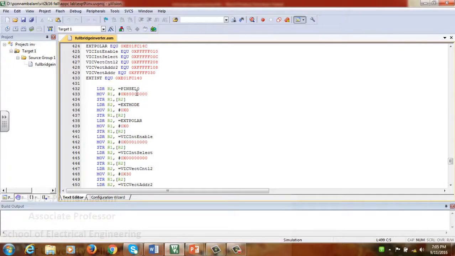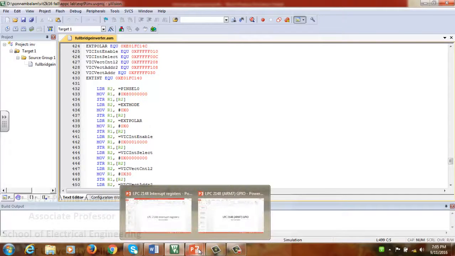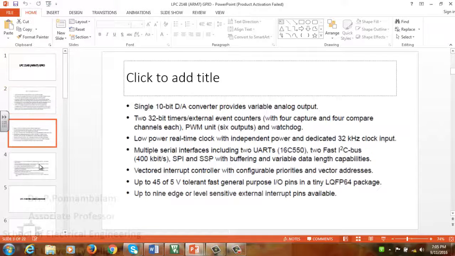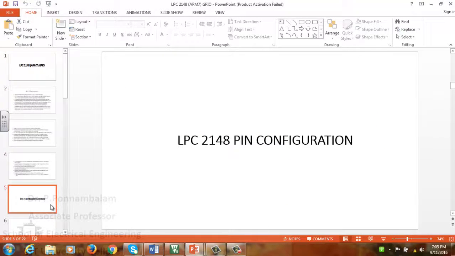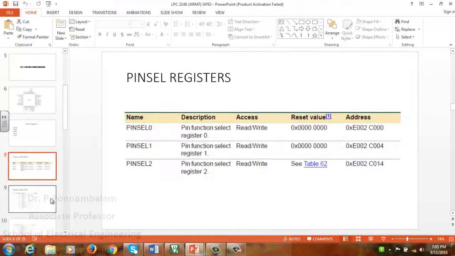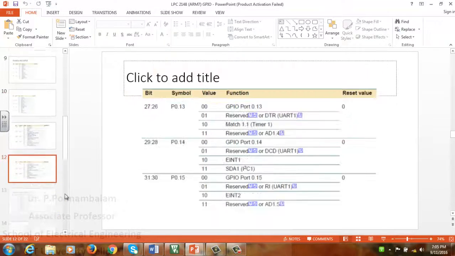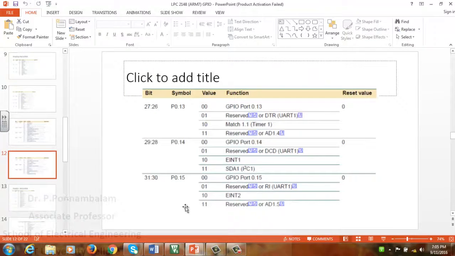Coming to the PINSEL register, I am moving the value 0x80000000. Let us see how we are getting this number. So this is PINSEL0. From the value that has been specified, you can see that the 31st bit is made high.